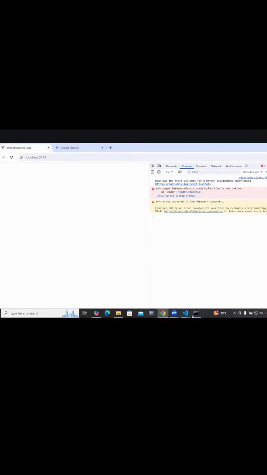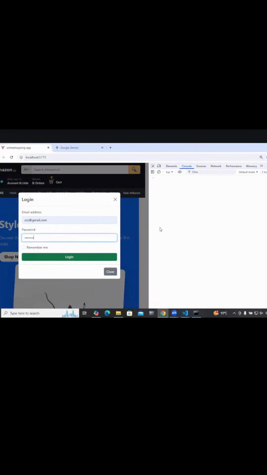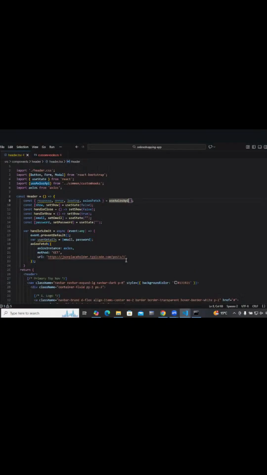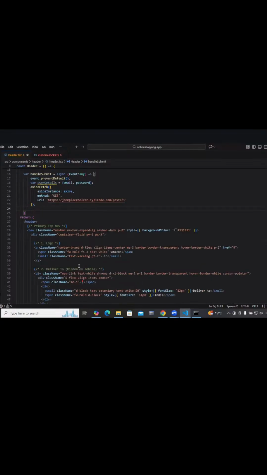Use access function is not defined. Obviously, it's not use access, right? It is use access API. Okay. Now, how do we catch this response? This guy response, or else response, shall we keep it over here itself?